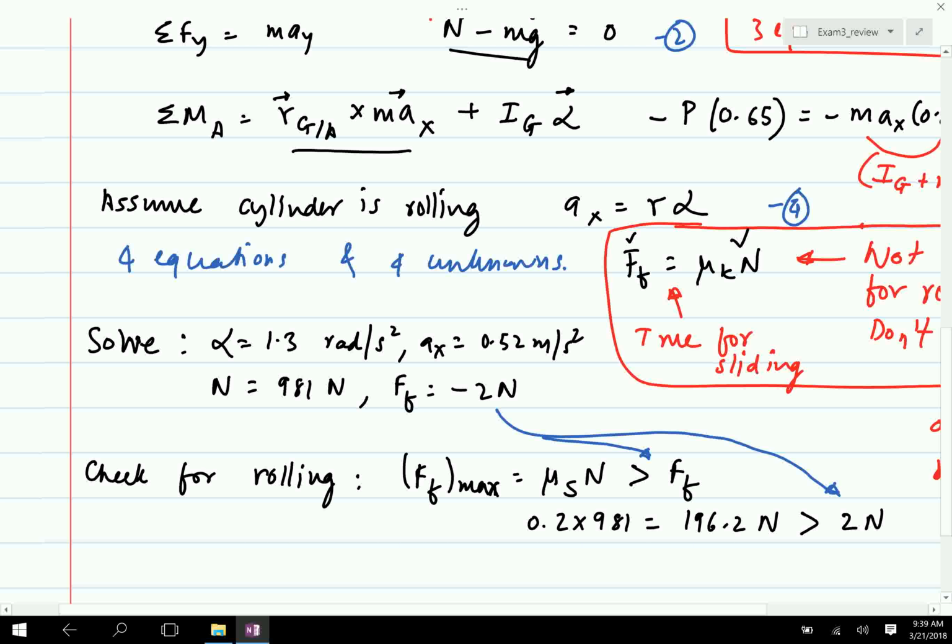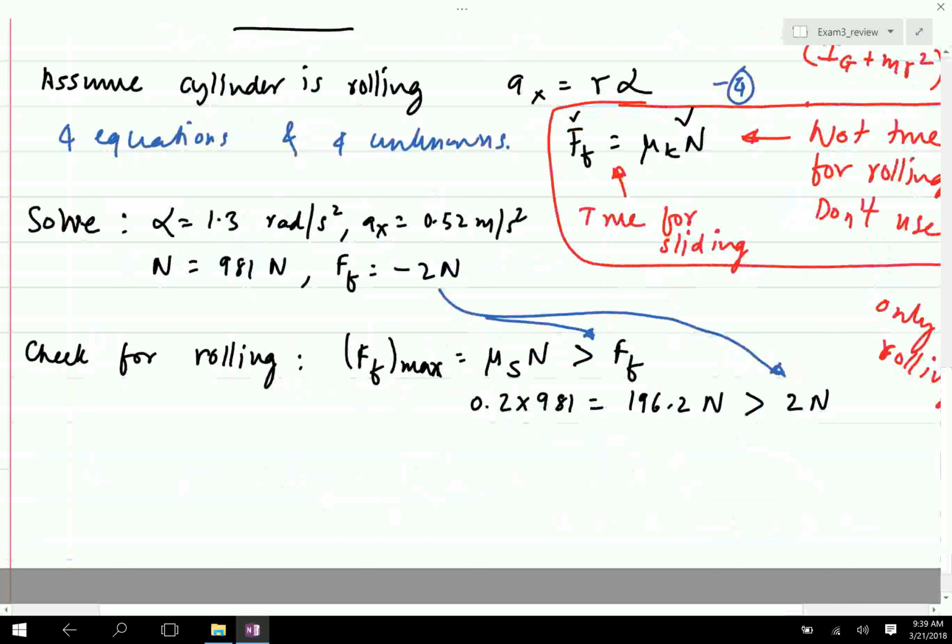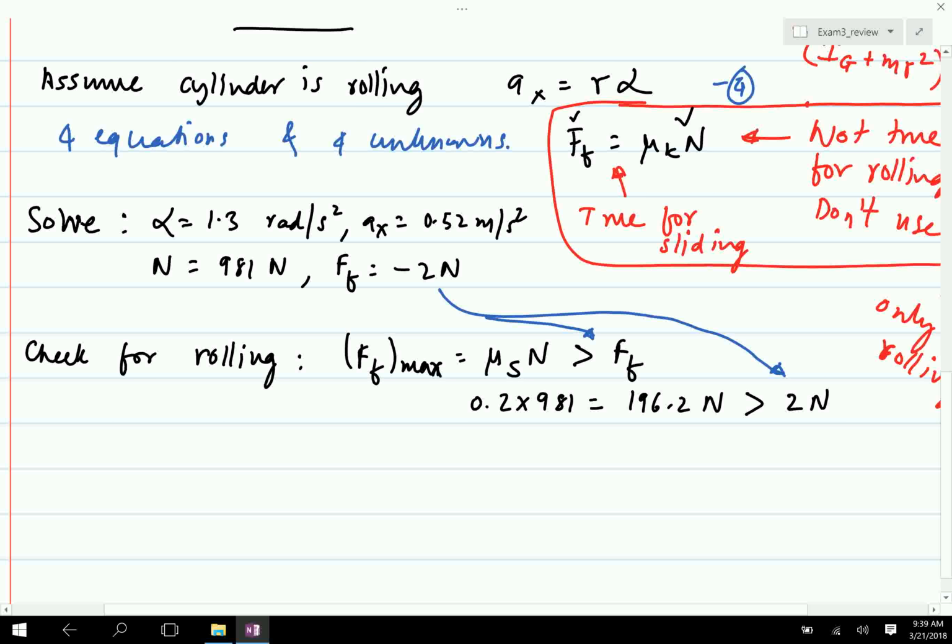What this means is that there's enough friction to prevent this thing from sliding. So that's true. So we can say it is true. The spool is rolling. So the way we ask you this question is, one way to ask is, we'll set up a